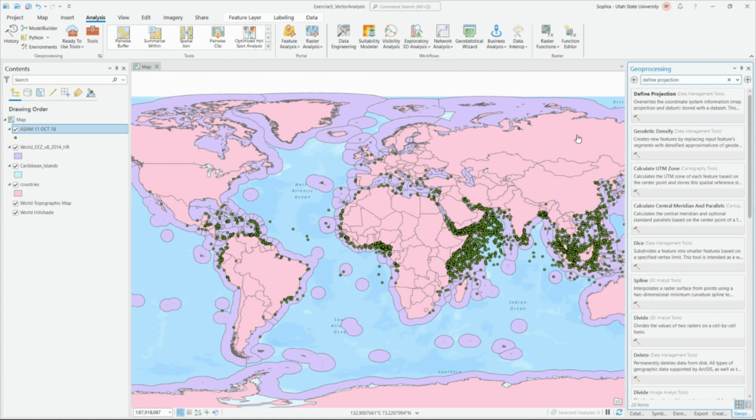Moving on to our first task, we are going to determine which EEZ has the highest density of incidents. Typically, when you're doing analysis, determining the area with the highest density of events is more effective than the highest number of events. It's not always the case, but oftentimes it will be because